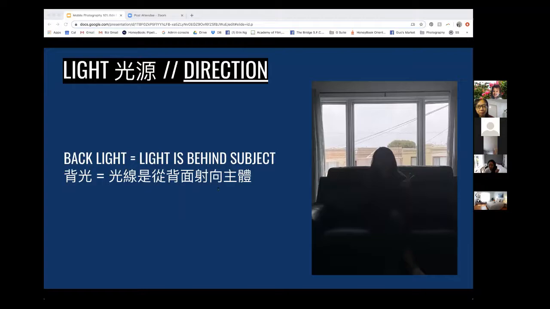So our cameras are designed to automatically sense how much light there is. So when light is coming straight in, they're like, oh no, there's too much light. So they're going to want to bring down the exposure automatically. But what happens to your subject is that their exposure also comes down and there's no light on them. So they get all dark. So people, how many of you have taken a photo that looks kind of like this, where the person's all dark? 背光咧就係咁嘅，就係當你嗰個光係